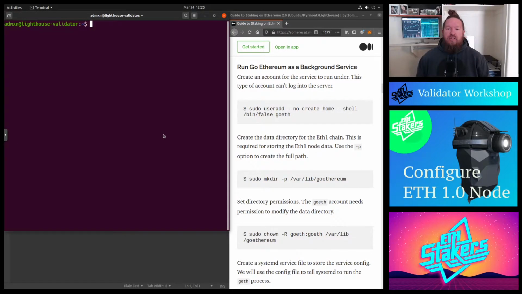Now let's get into this just briefly before issuing the next few commands. And we can see here by the title, we're going to run Go Ethereum as a background service. Now effectively, what's going on here is we're making a small background service. You can consider this like an application or a program. We're making a very small application that runs in the background and is intelligent enough to know if the machine